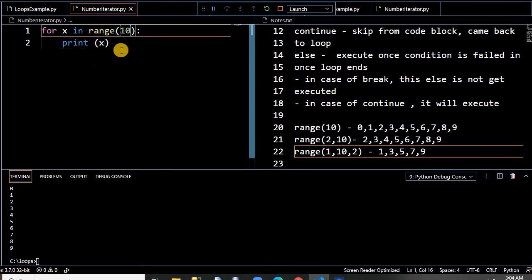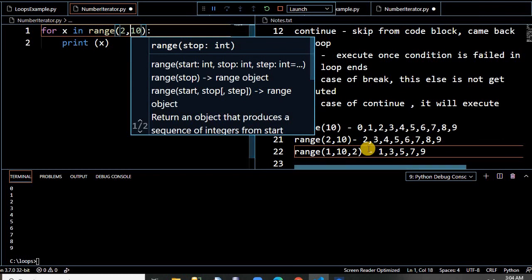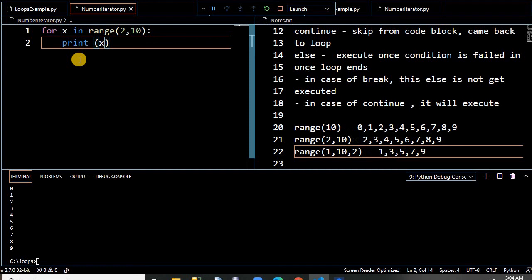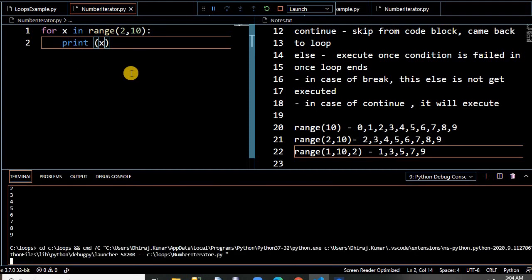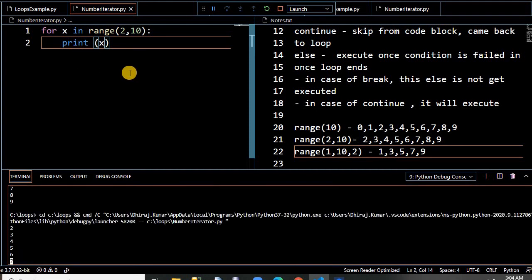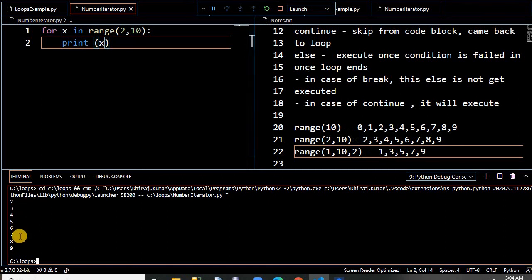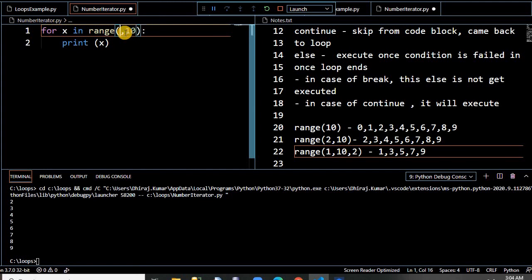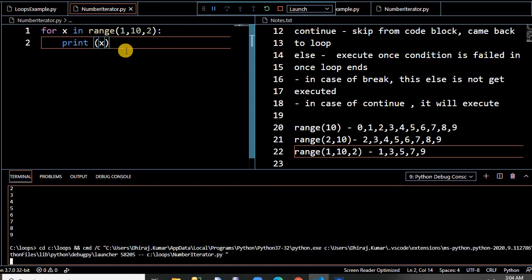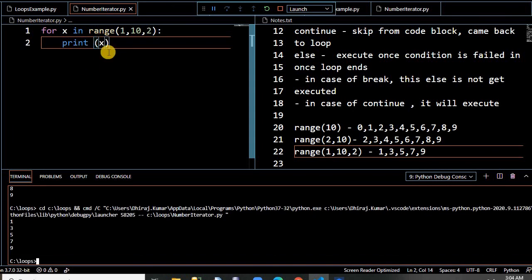If you write 2 to 10, it means it will start from 2 and go up to 9. Run this. See here, 2, 3, 4, 5, 6, 7, 8, 9. The last one, if you start from 1 with an increment of 2, it will print only the odd numbers, less than 10. Okay, so these are the ways to get the values of the numbers.